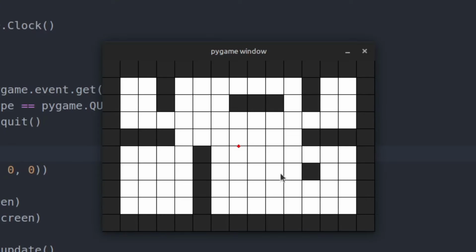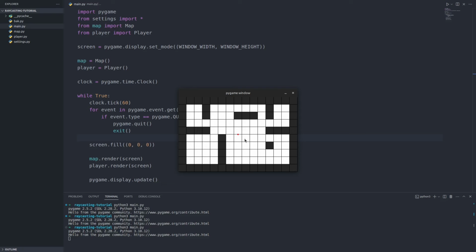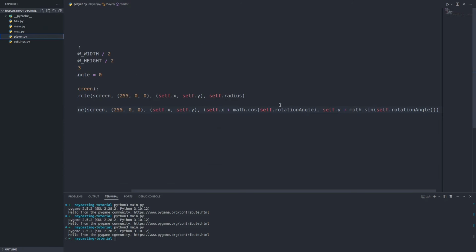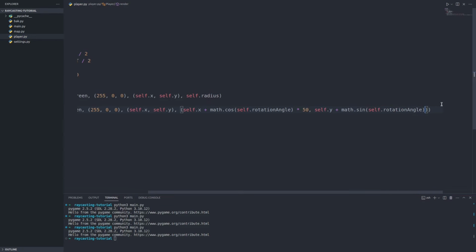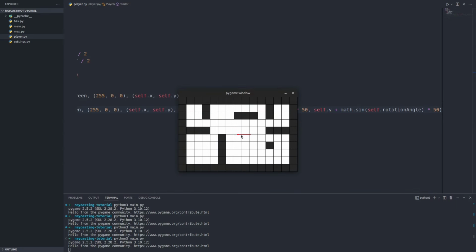So if you run this, you're not gonna see anything. Why? Because trigonometric functions such as sine, cosine, and tangent have a range of -1 to 1. So 1 pixel is not enough for us to see. So let's increase that by multiplying this result with some kind of value. I don't know, maybe 50. Let's see here. Now let's run it again, and as you can see, you have a little line here that shows where the